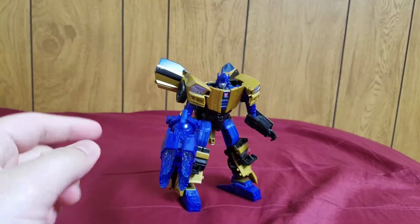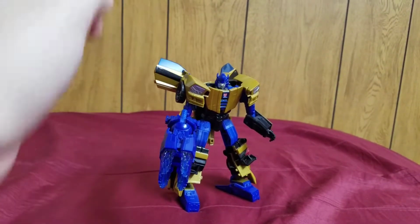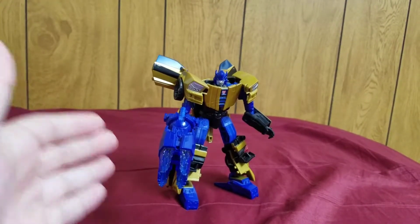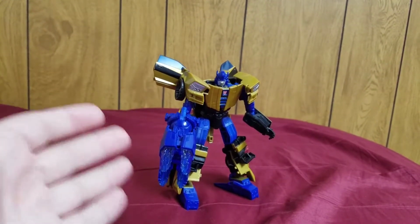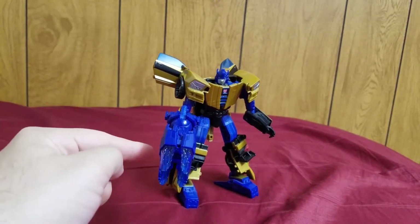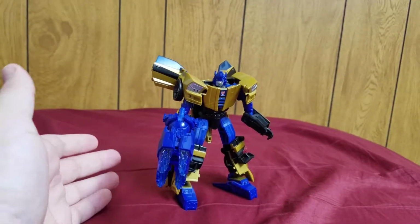Well, this mold was actually used in a couple more figures, both before and I believe 1 or 2 after this one. Before this one, it was a Bumblebee. So there was a Bumblebee using this body type, this mold. All the same, but in Bumblebee colors, yellow instead of gold. And then, I believe, came Goldbug. And then after Goldbug, it was repainted and retooled into Nightbeat. So it had a new head and a blue and yellow paint